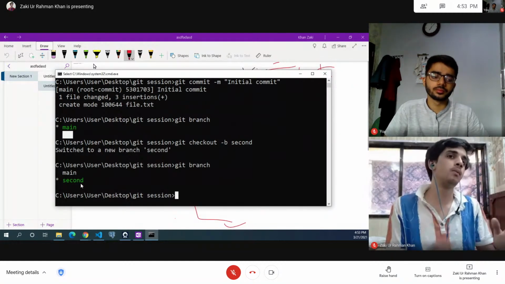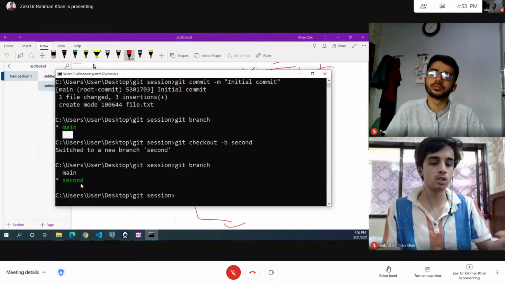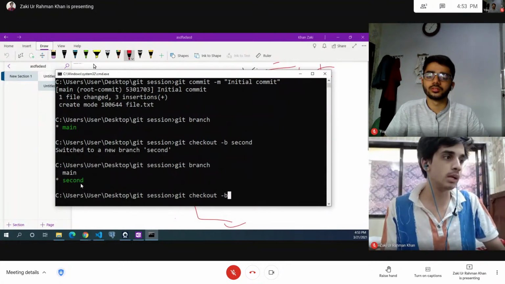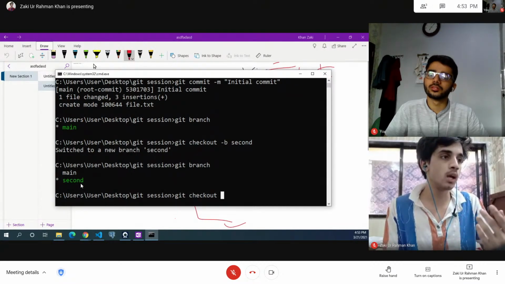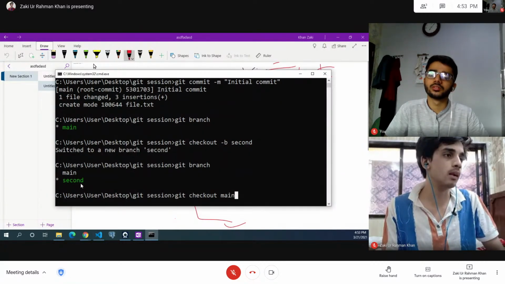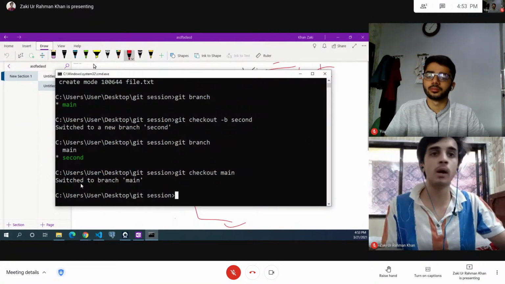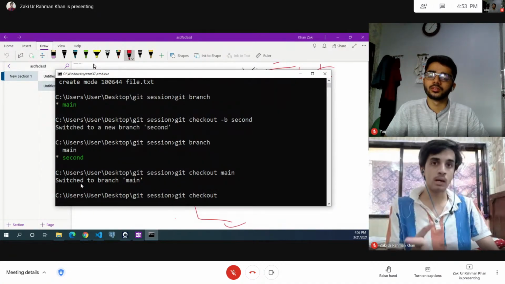अभी आपको अगर वापस से मेन वाली पटरी पे आना है, इफ यू वांट टू कम बैक टू मेन ब्रांच, तो कमांड सेम है, git checkout, लेकिन इसमें डैश वगैरह कुछ नहीं है। सिंपली git checkout, फिर कौन सी ब्रांच पे जाना है, मुझे मेन पे जाना है, तो main, ठीक है। आगे लिख के आया "Switched to branch main"। अभी मुझे वापस सेकंड में आना है, तो मैं आ गया सेकंड में।